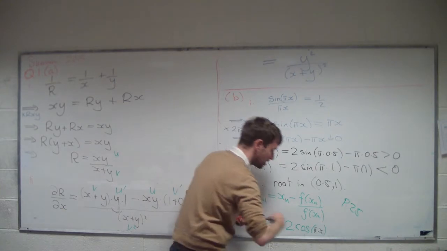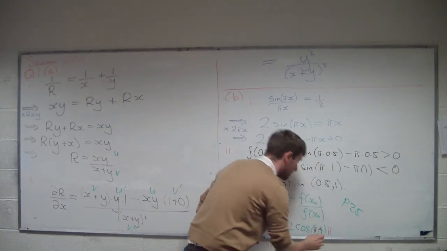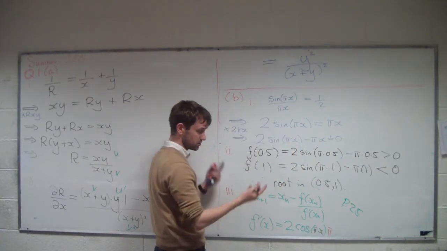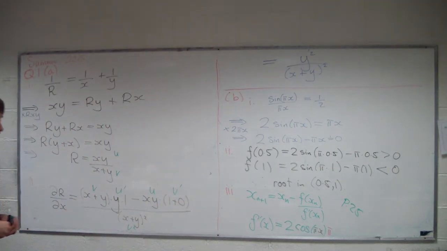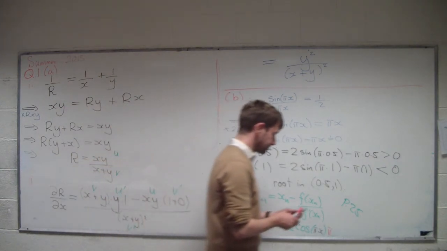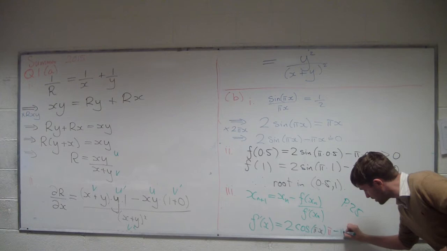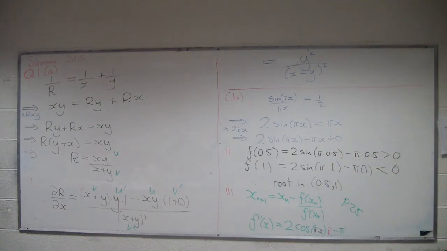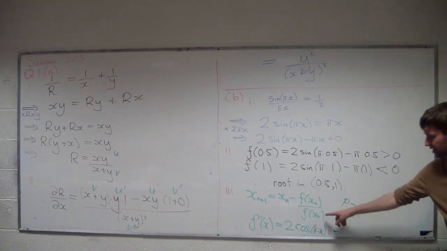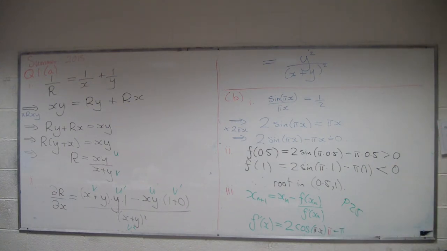So fix the constant pi, and what's the derivative of x? 1. So the derivative of pi x is pi. So that's the derivative of that. Minus the derivative, and we also have minus, fix the constant pi as well. What's the derivative of x with respect to x? Still 1. So we just needed that guy there. Now it's telling us where to start, and I'll